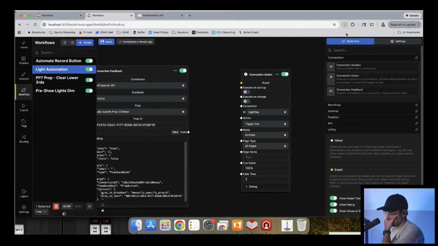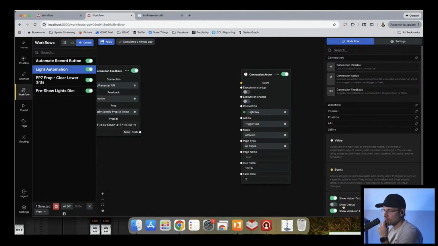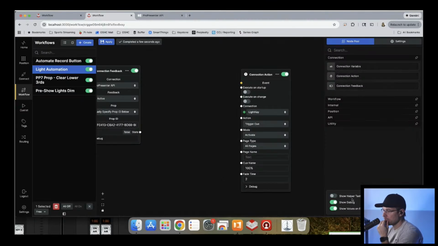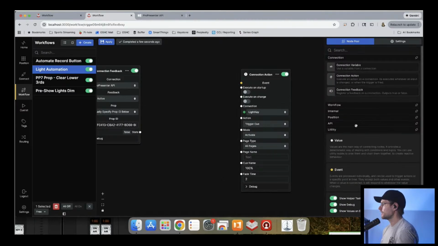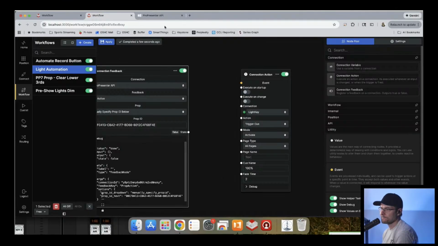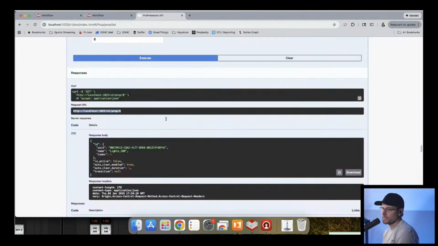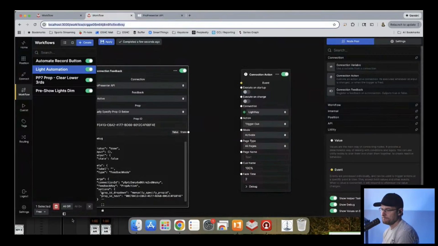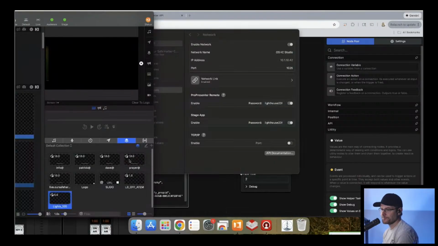Okay. This is blowing my mind. Why isn't it? The API works.